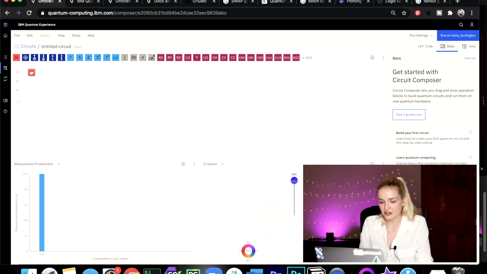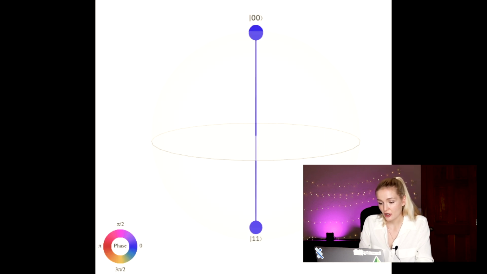Let's add a Hadamard gate to the circuit, which puts a qubit in an equal superposition of the 0 state and the 1 state. Also, let's then add a CNOT gate, which stands for controlled NOT gate. This gate works by bit flipping the second qubit, labeled here Q1, only if the first qubit is in the 1 state. This creates an entanglement between the 2 qubits. And then we measure it out. What do you think will happen?